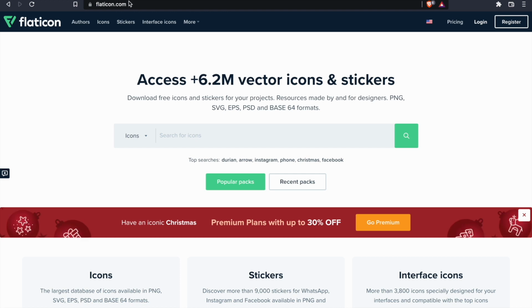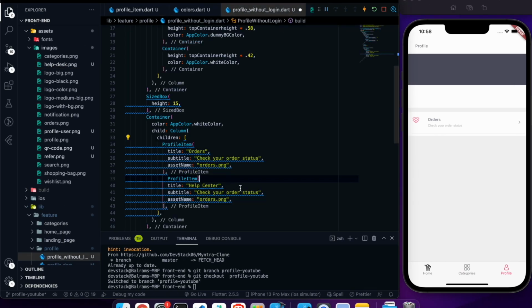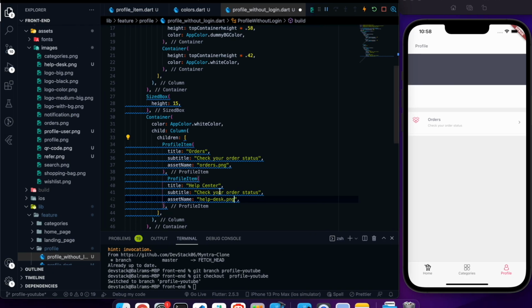And I have used Flaticon, just for your information, to download all kinds of icons for our app, and I have attributed because I'm using it for free, so you have to provide the attribution as well. Okay, help center, and the subtitle is going to be help regarding your recent purchase. So that is also added.